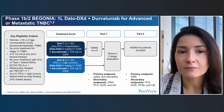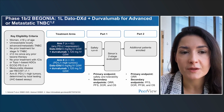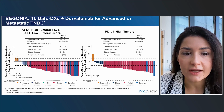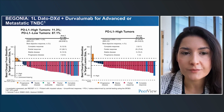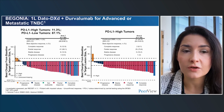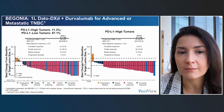We've also seen data emerging for other TROP2 ADCs in combination with immune checkpoint inhibitor. For example, from the Begonia phase 1/2 trial, there have been data presented for Dato-DXd plus the PD-L1 inhibitor durvalumab in the first-line setting. And here, including both PD-L1 high and low tumors, there was an overall response rate of approximately 80%, and importantly, confirmed responses observed irrespective of PD-L1 status, including in those patients with PD-L1 negative tumors, suggesting that there may be a role for topo-1 inhibitor TROP2 ADC combination with immune checkpoint inhibitors, even in a more